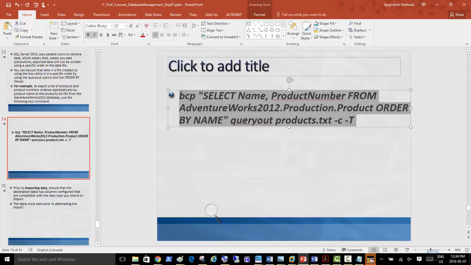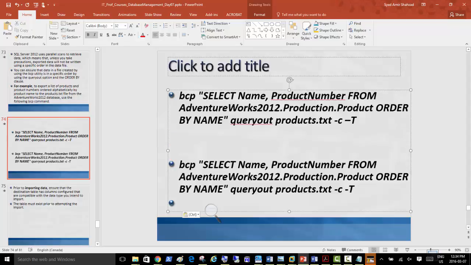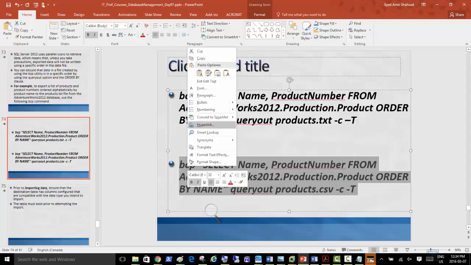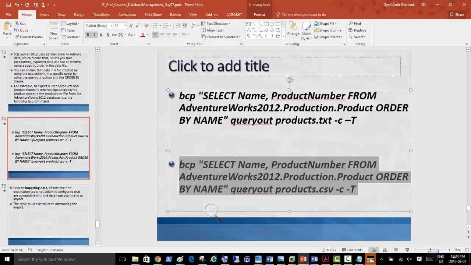I'm just going to change this products.txt, or make another copy of that, and make it products.csv instead, because it can be opened in Excel then. So I'm copying that there. Please copy it from there and just run it on your command prompt.